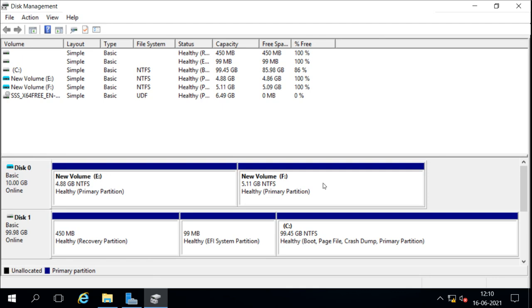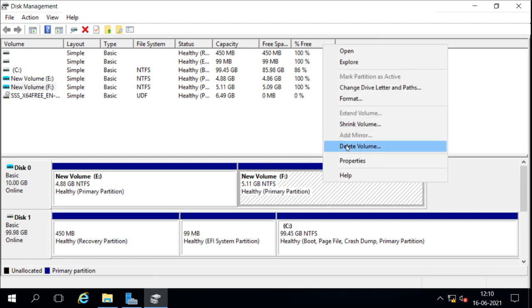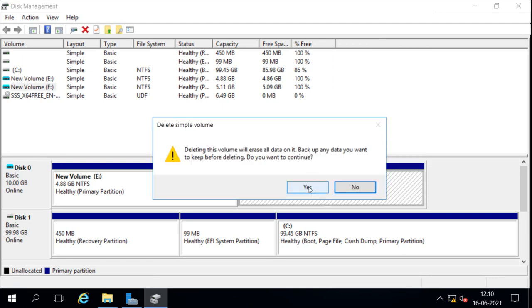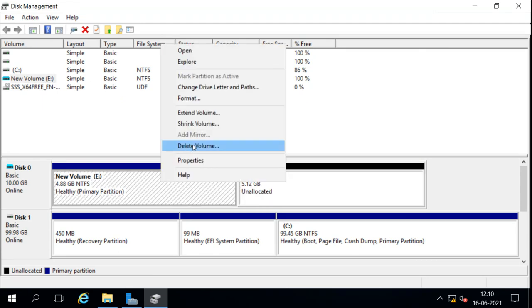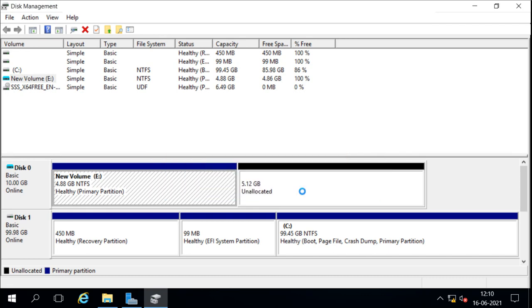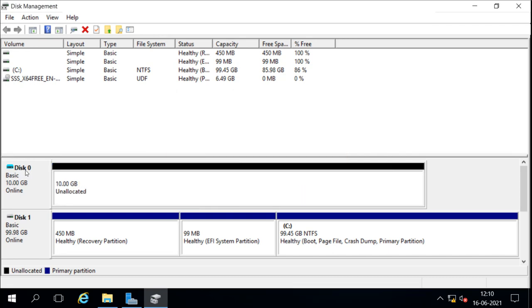So for that, I want to install the operating system into it. If I want to install the operating system into it, then I can do it